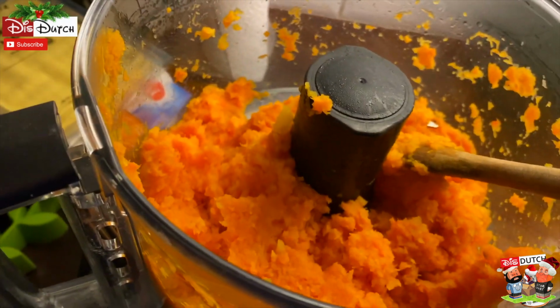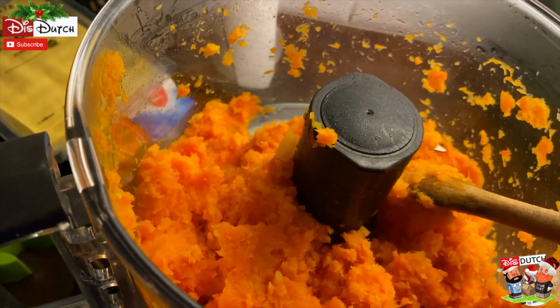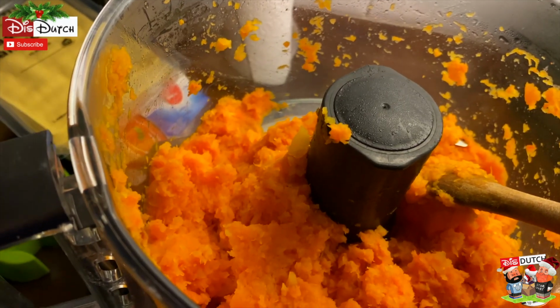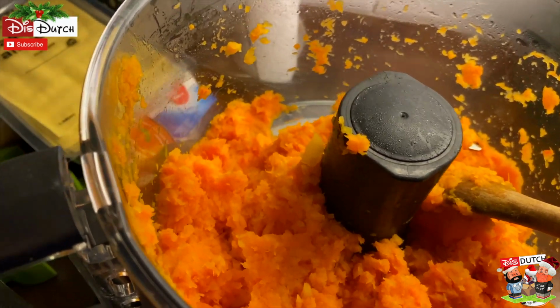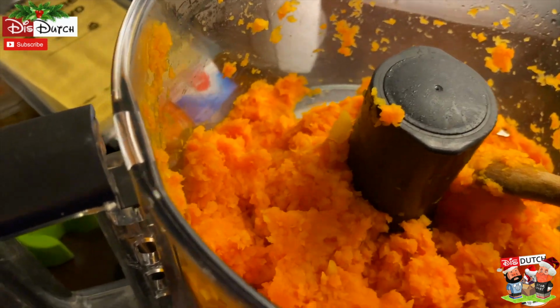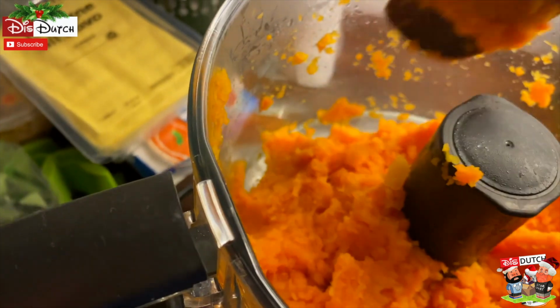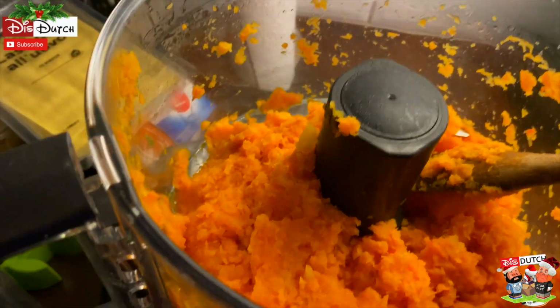Again, put it in the oven or put it in your hot air fryer. Clean it, cut it in little pieces, then put it in a hot oven and leave it in there getting mushy and soft. Once you've reached there, take out the meat, haul out the pumpkin, take out the meat, and